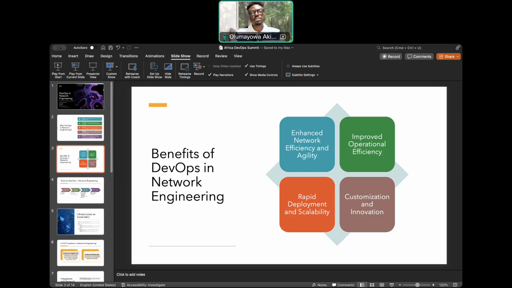Then looking at customization and innovation as well. Customization and innovation helps us to have tailored solutions, because DevOps allows for customization of network configurations to meet specific business needs. It also helps us implement bespoke solutions that align with organization goals and objectives.